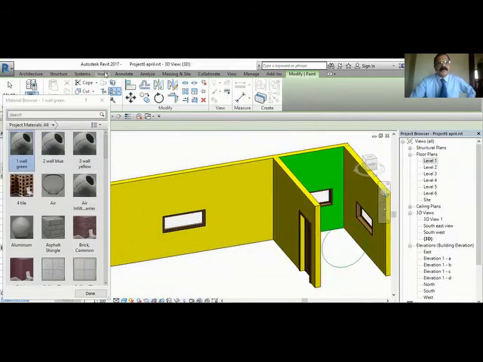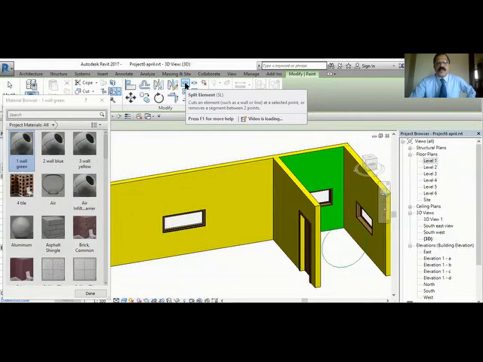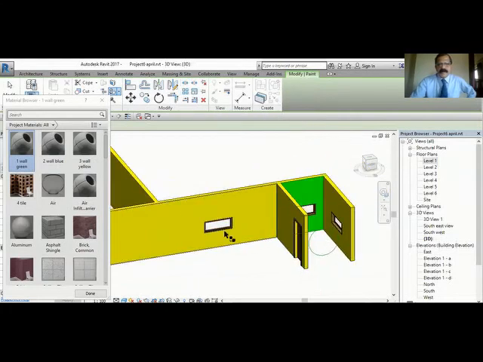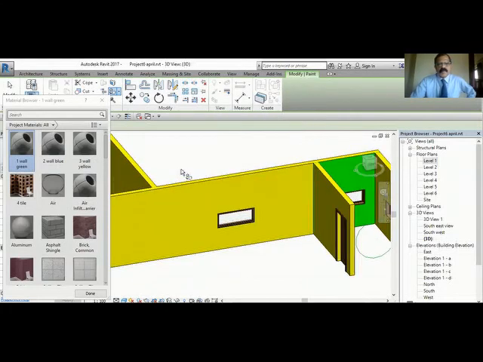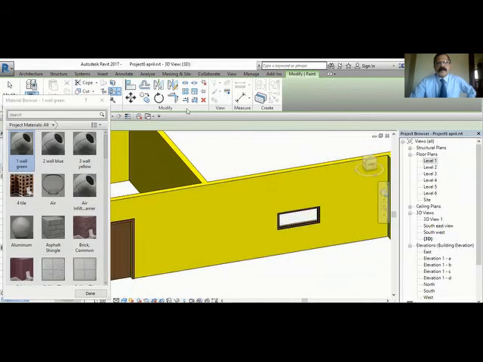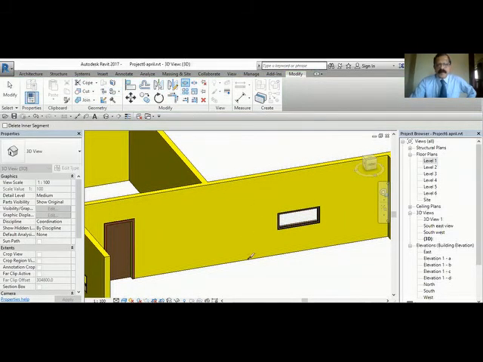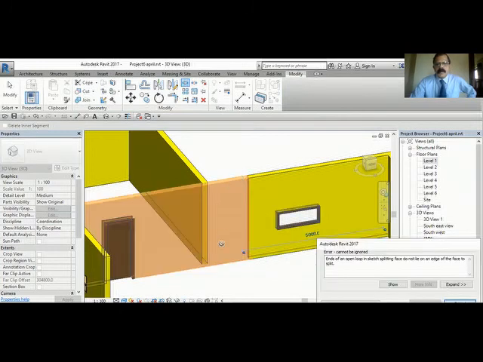Okay, you can use that, you can use this also. We'll try with that also. We'll use this one.